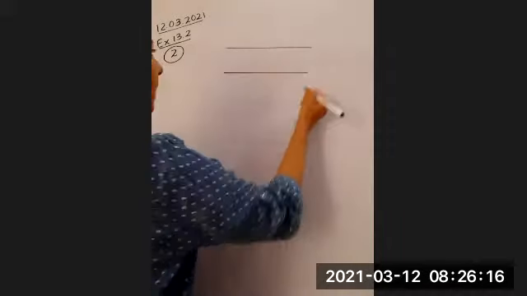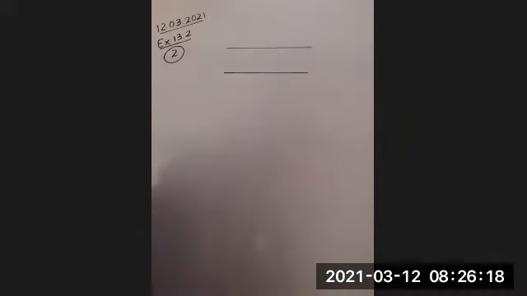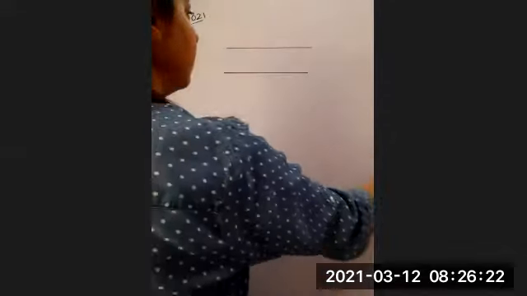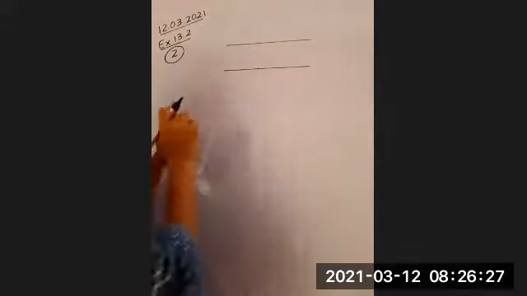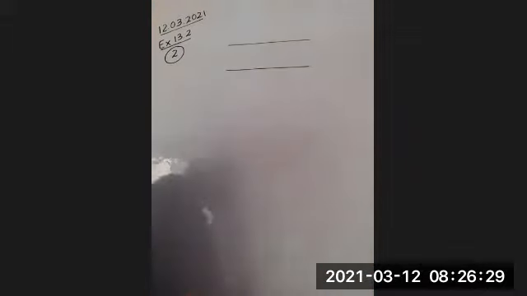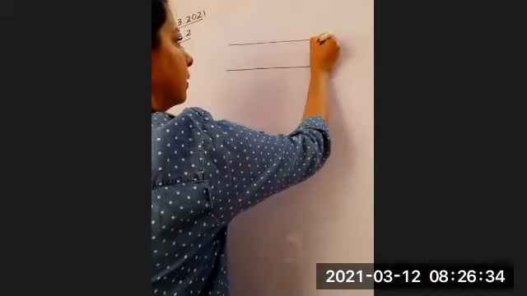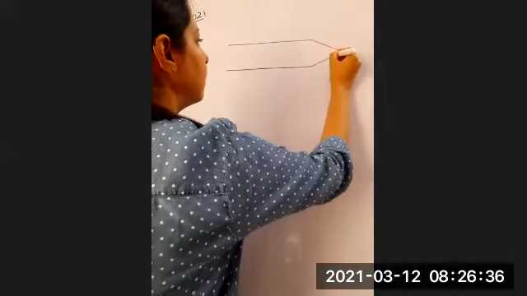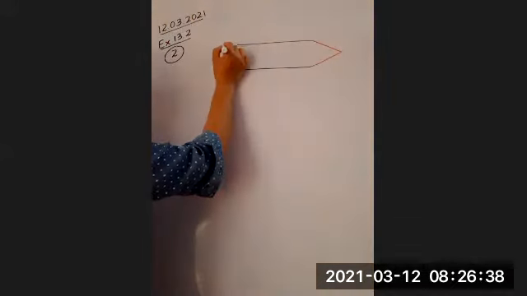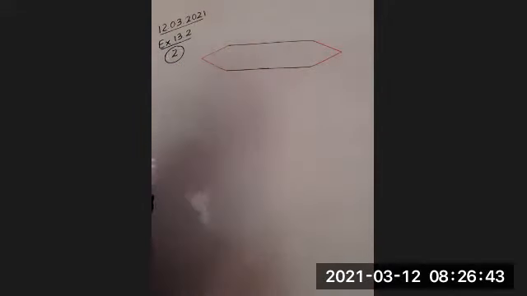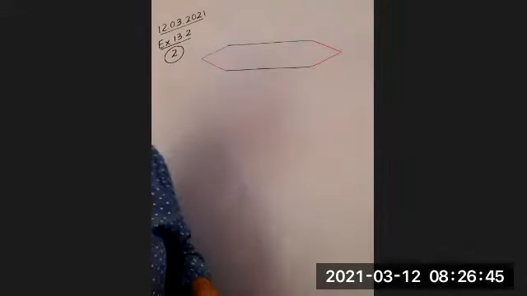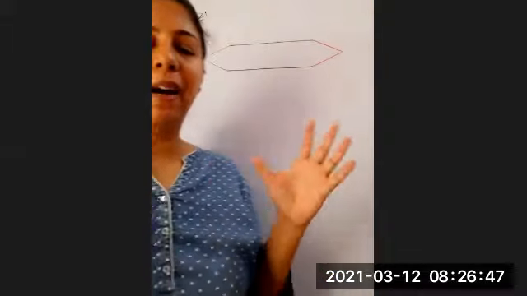You make models in science, maths, social science? Yes, we do, ma'am. We are given a cylindrical shape at the center, and then it is said that two cones are attached to its ends. Two cones means one cone at this side. Something like this she has made. Can you just recollect how it looks?